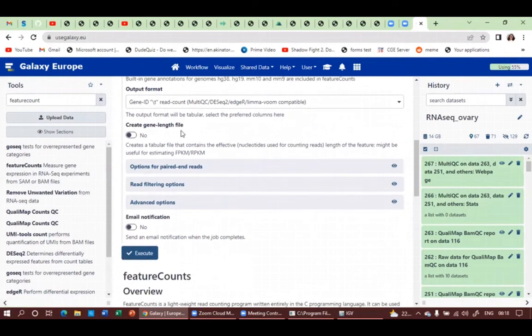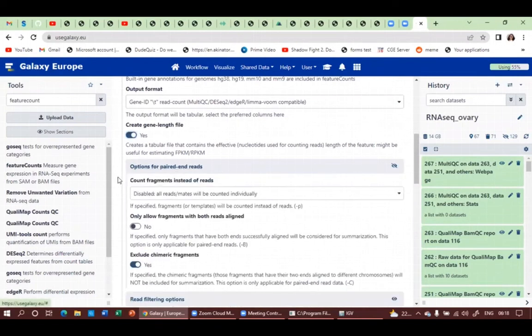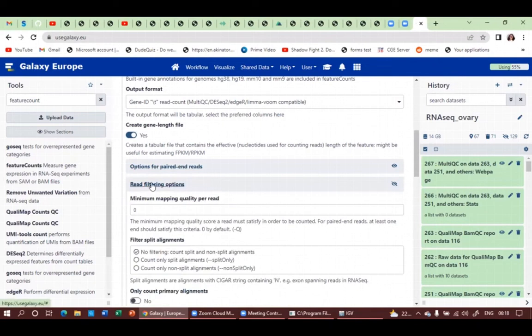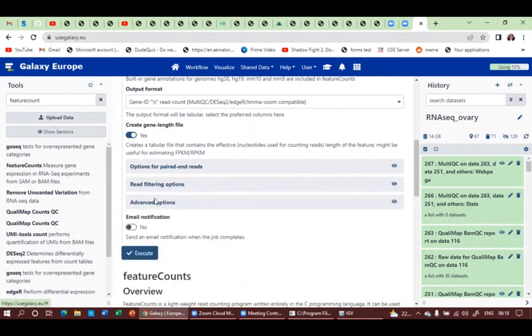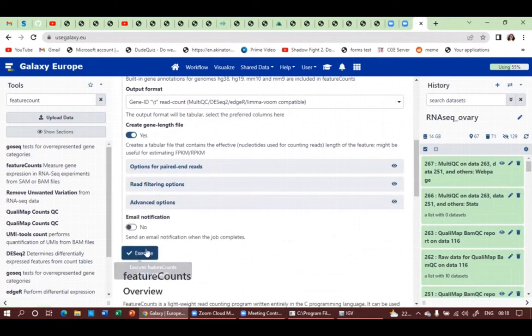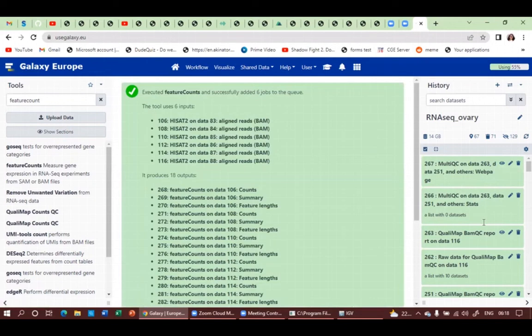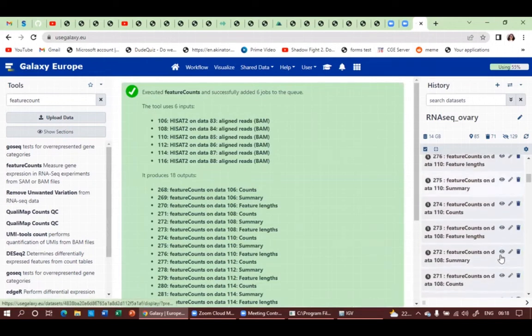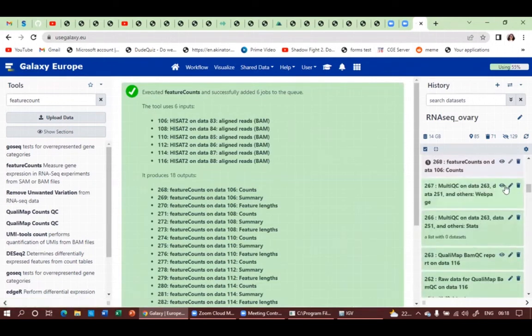If you want to create a gene length file, you can create this gene length file. These are some options which you can choose, but there is no requirement for this. Read filtering options, I don't want anything because we will do the manual filtering. Advanced option, we do not want. So execute this. Now this MultiQC, if you look at the MultiQC from the BAM file, it will